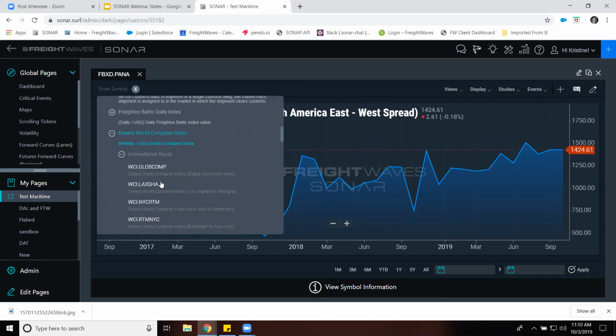It's representing the same thing as the Baltic Daily Index, but the way those rates are gathered is a bit different. So the Freightos Baltic Daily Index pricing is the pricing that's actually going through the Freightos marketplace. They also have a rate management system called Accelerate, where they're processing all these rates and the transactions on a daily basis, and they're giving you the average of that price for that